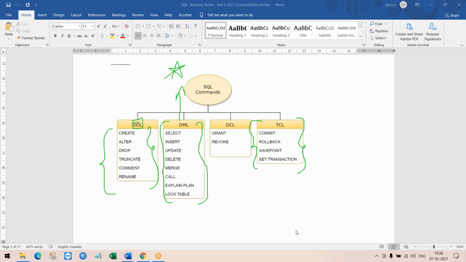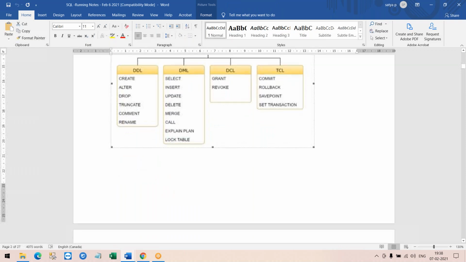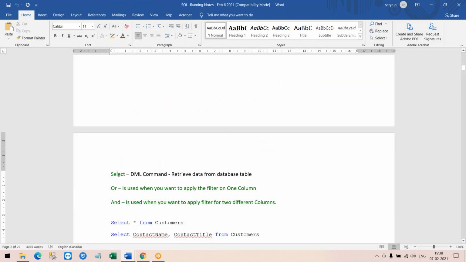So let's start with the most popular one out of your SQL. The first command is select command. Select is from a family of DML, data manipulation language command, to retrieve the data from the database. See, this is the foremost thing what we do, right? When I connect to the database, I see so many different tables. What would I like to do? I would like to see what is the kind of data that is saved in a particular table. So I will be curious, right?